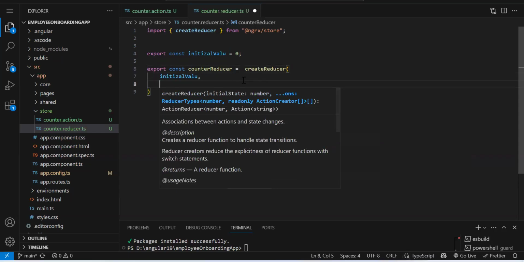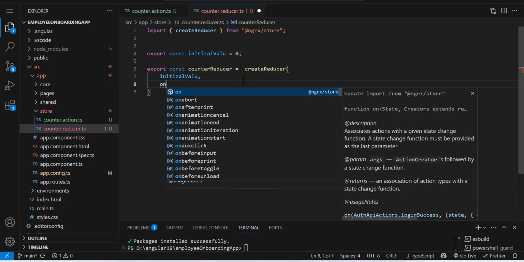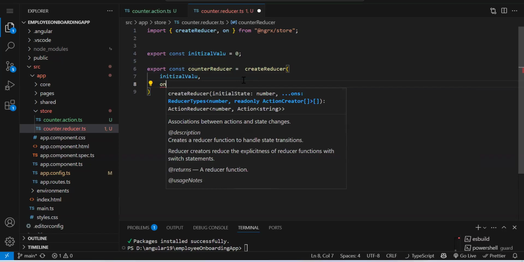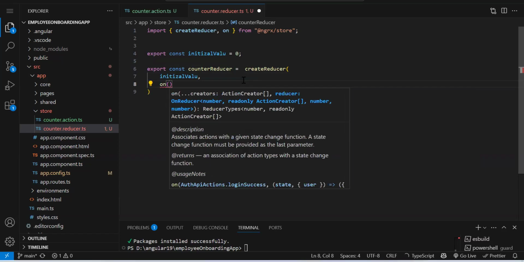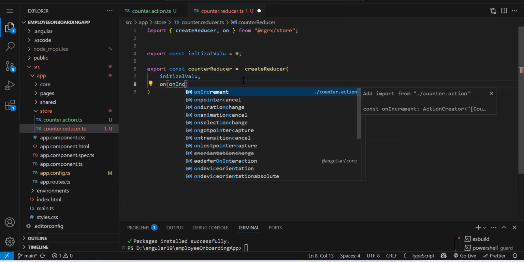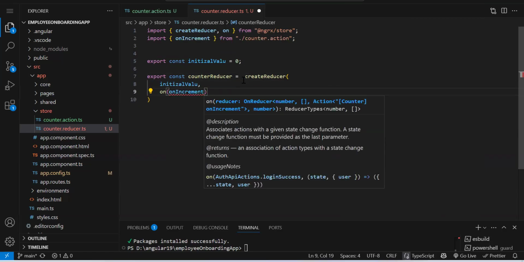Second, how many actions do we have? Two. So you need to respectively provide the implementation of those actions, by using the on method. Then here you need to provide the action. Which action? So on(increment). See, it is coming from our action. If the action is this, meaning our operation is this, what do we need to do?